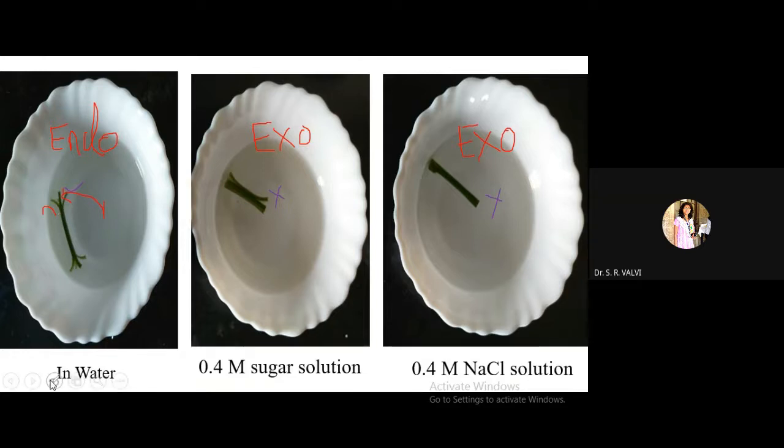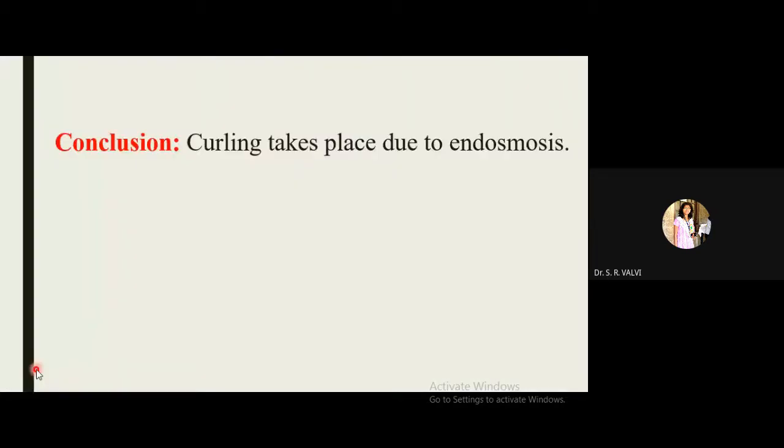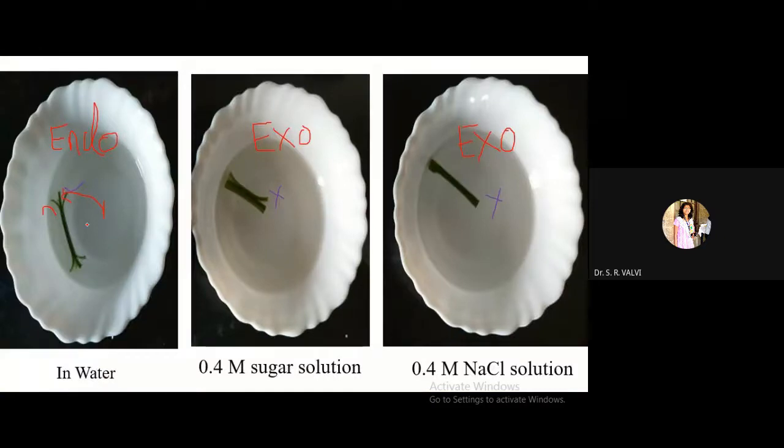Okay, let me take the pointer again. See this, first, second, third, fourth. What you are observing is the curling that occurred to this particular petiole, right? And this is endosmosis. Due to endosmosis, the cells become turgid, the inner cells of the petiole become turgid, and that creates tension on the outermost cells, and hence these portions become curved, right? They become curled, and hence you are going to observe such a curling petiole in normal water.